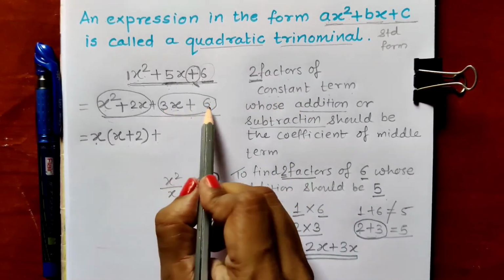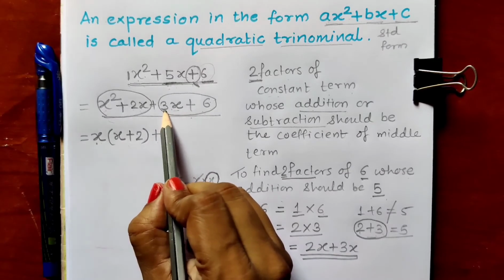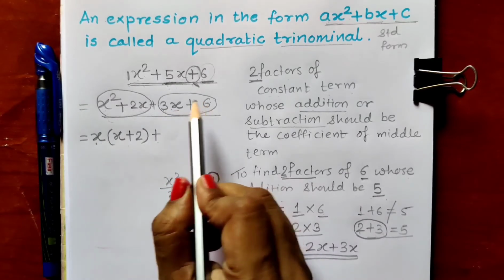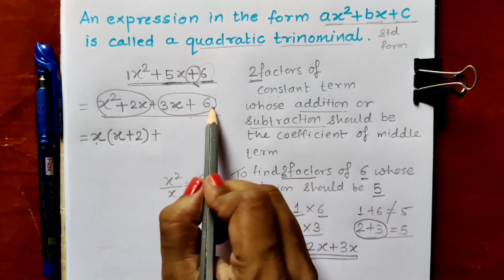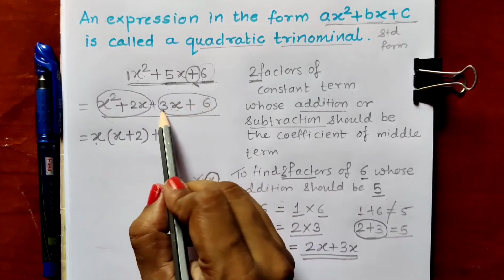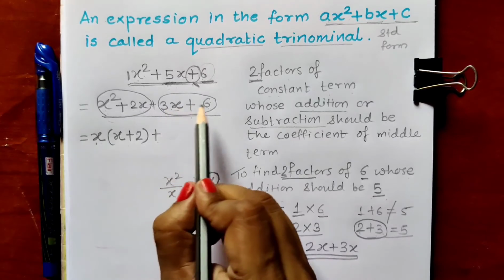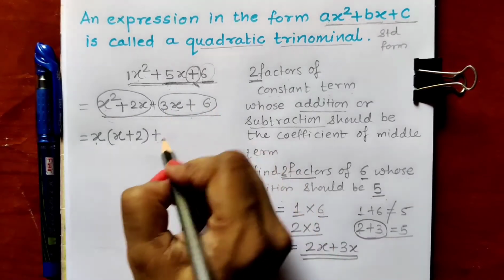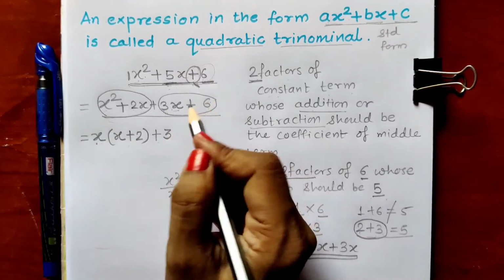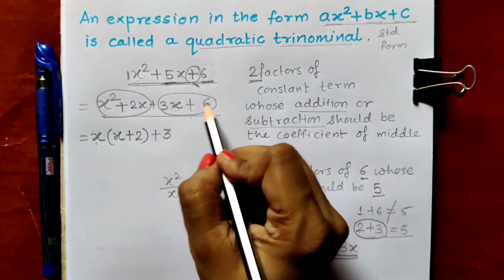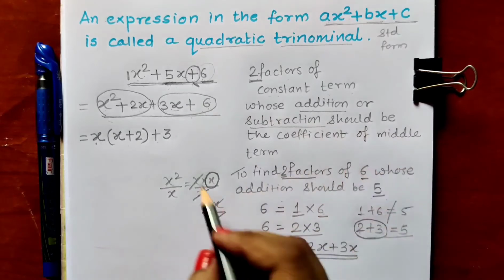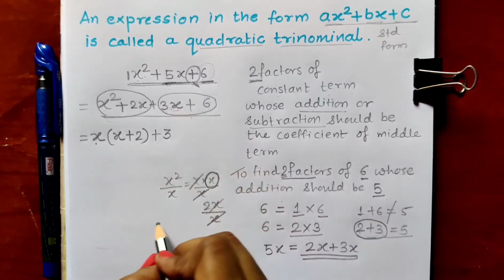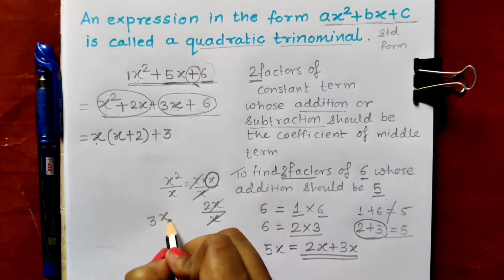Let us check, can we take out a number common? Here 3 is there, here 6 is there. From 6 and 3, 3 is the smaller number. Can we divide both these numbers by 3? Yes. We can divide 3 by 3 and we can divide 6 by 3. So 3 can be taken out common. We have to check whether we can divide the bigger number by the smaller number and then take out the smaller number as common.